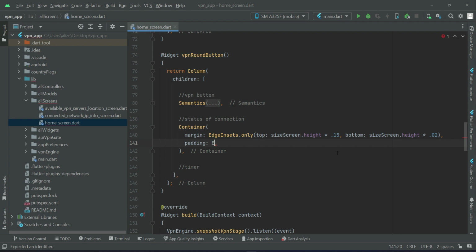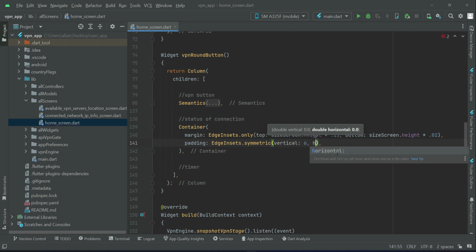Padding edge insert dot symmetric vertical 6, horizontal 16,